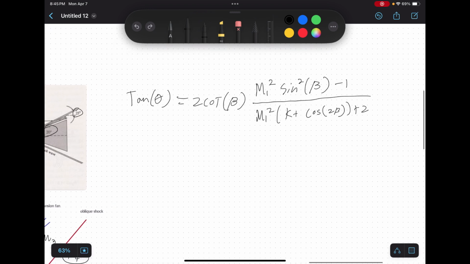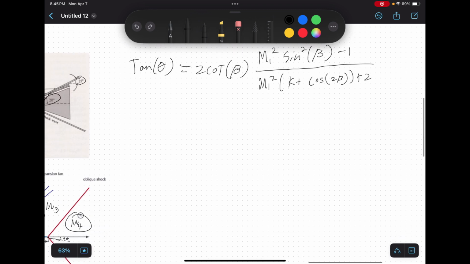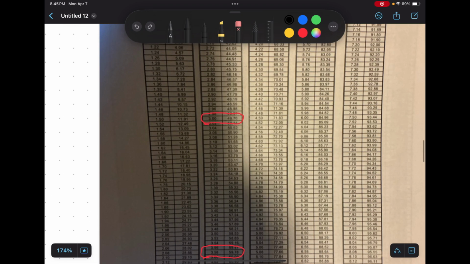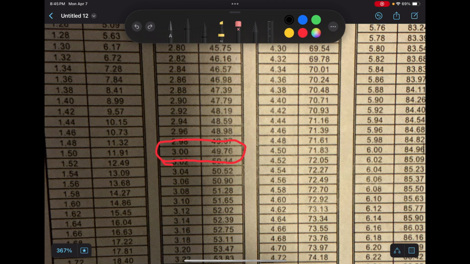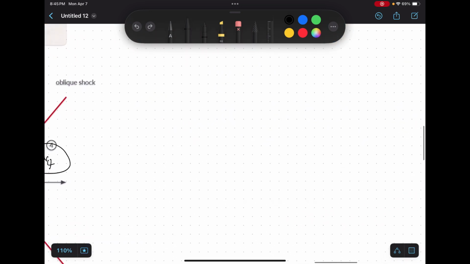And I think if they tried to solve for beta, it would look even worse. So I don't know, just use Desmos or something. Or just use the tables. I would use the tables. Likewise, if we know that the Mach number is 3, and instead of using a table to get the 49.76, we could use an equation. And that equation is